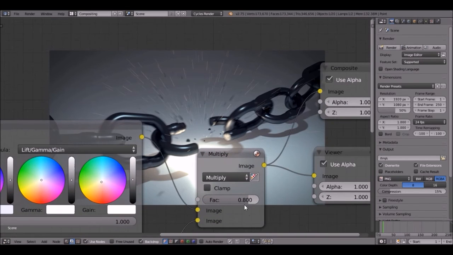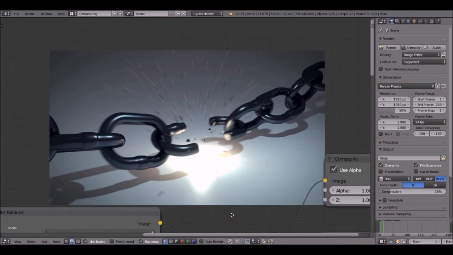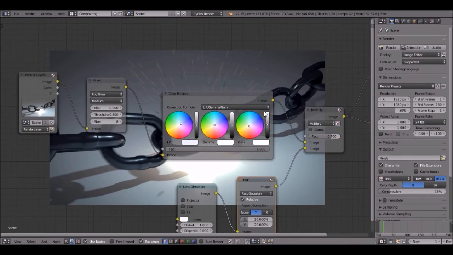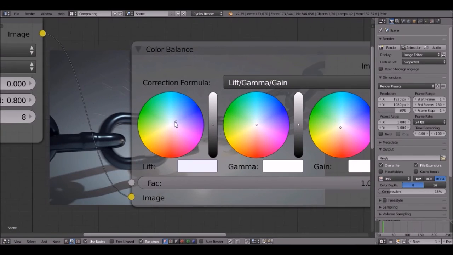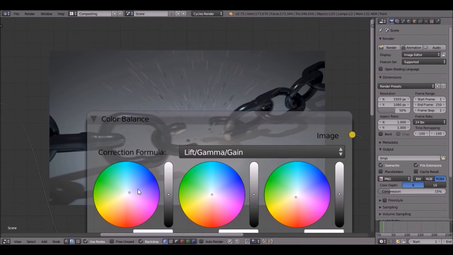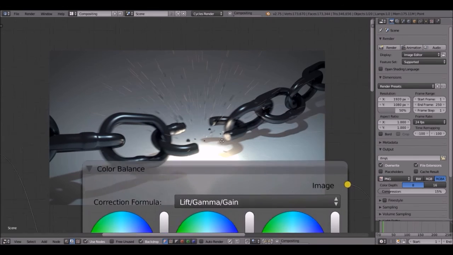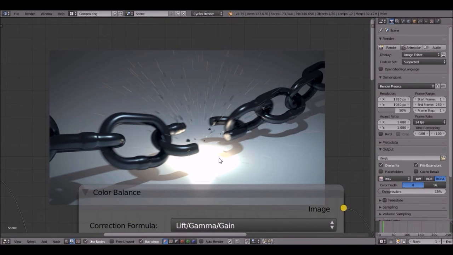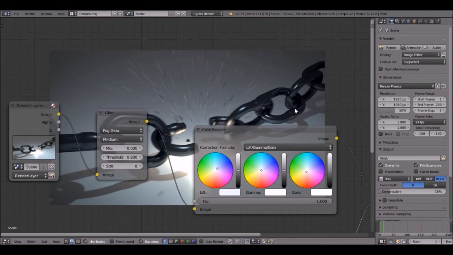Okay, and I think the vignette is a little bit too much. Let's go 0.7. Yes. This is a little much too. Let's bring it back. Just a tad. Too much. Go up a little bit. It's just little nitpicks, and yeah,